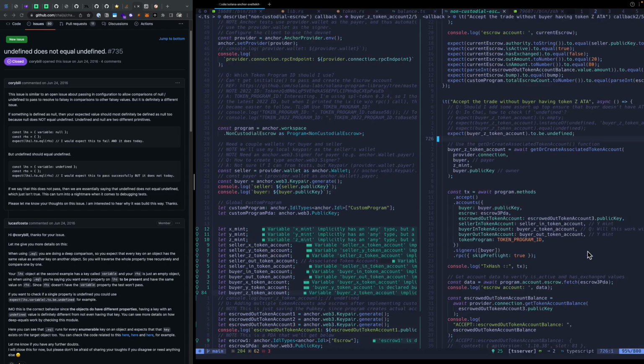Okay, I think that felt like that worked. Now what happens here? Perhaps with this get or create associated token account,